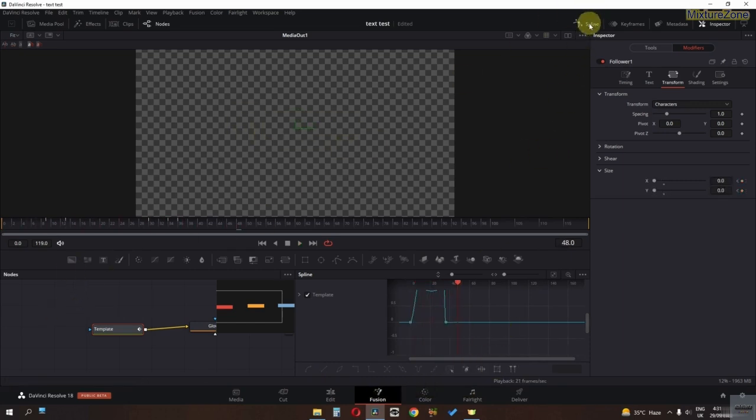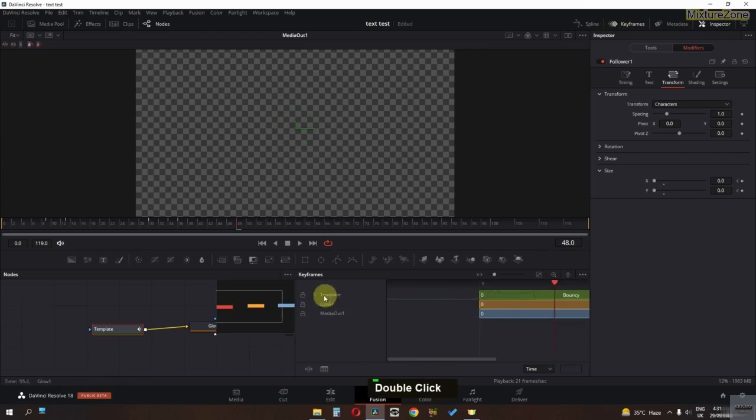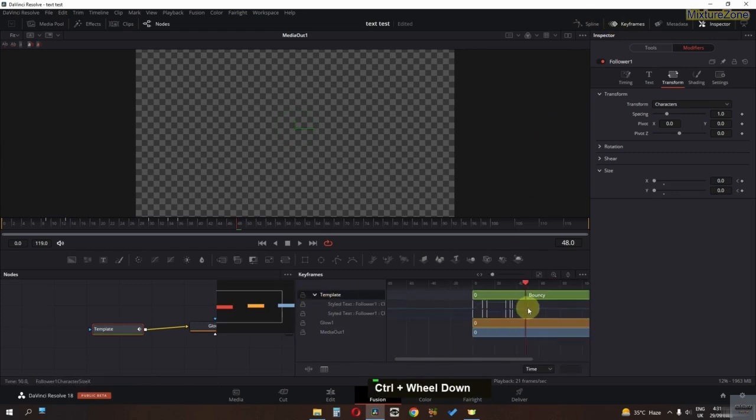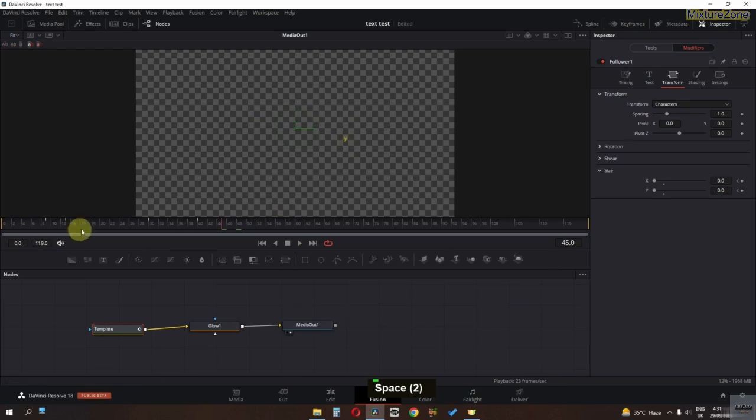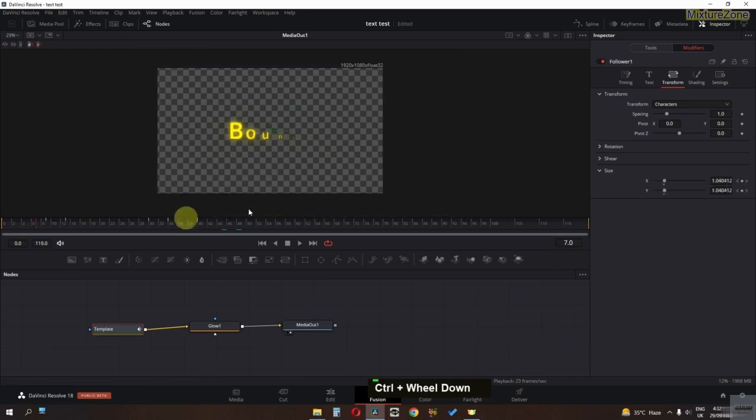Let's check this again, go to the keyframe, and I'm going to select these keyframes and place them right here. So we have the smooth out animation as well. Now guys, to achieve the bouncy effect appearing from this area, you have to add a keyframe in pivot X,